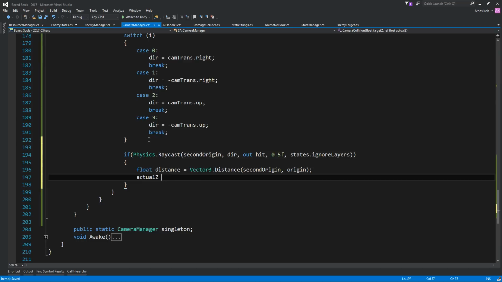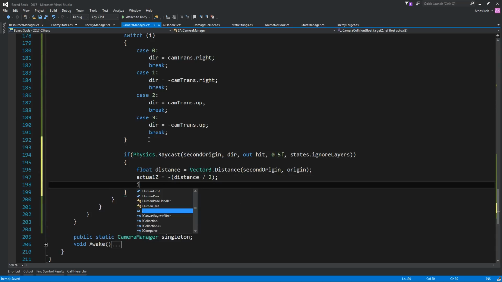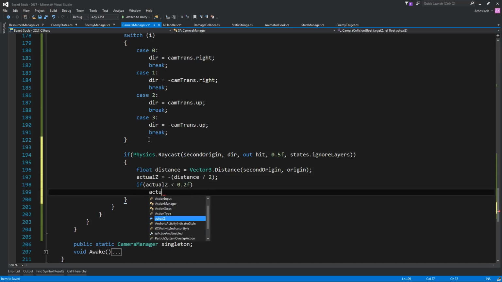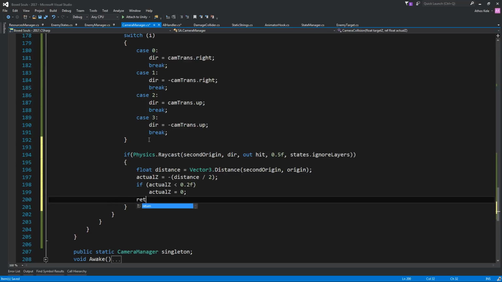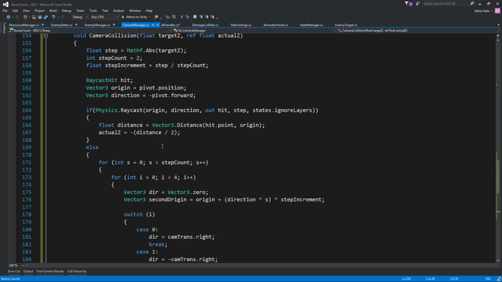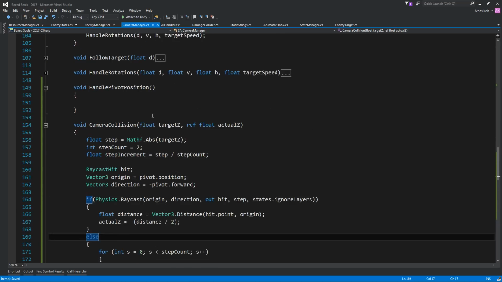Then we have our actual z, which will be minus distance divided by 2, and if the actual z is lower than 0.2, then that means you're just way too close. Of course you can change this, then set the actual z to 0 and do a return. Okay, so